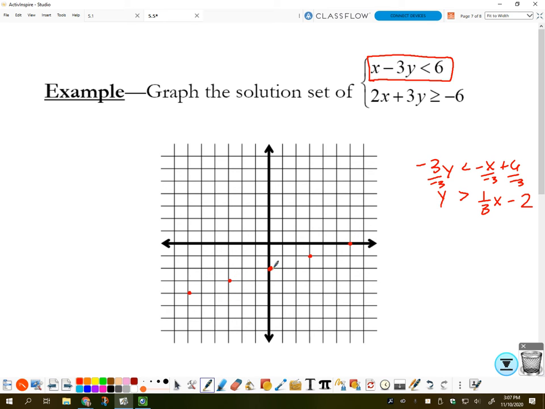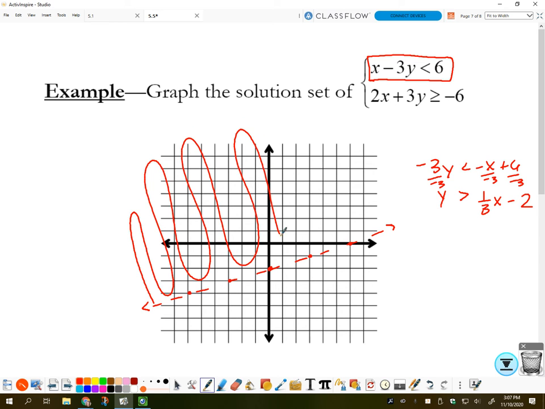This does not have an equal to, so it's going to be a dotted line. So points on this line are not part of the solution set. It is greater than, ultimately, when we get here, it's greater than, so we're going to shade above. So it's everything up here. Alright, for the bottom one,